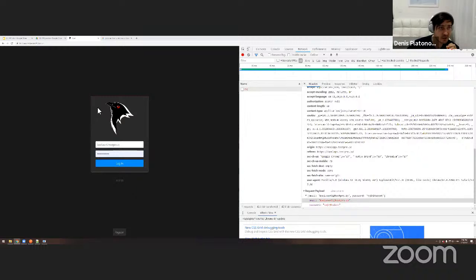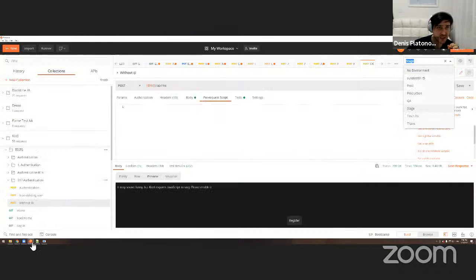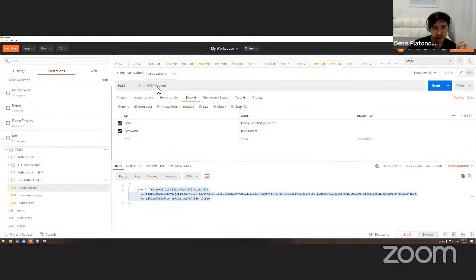Okay, base URL, good, yes. Why do we need to change environment? To not have to change every single test case, because imagine you have 3,000 test cases and your manager says, hey, could you please run your test cases against the stage environment real quick? And you're like, sure.